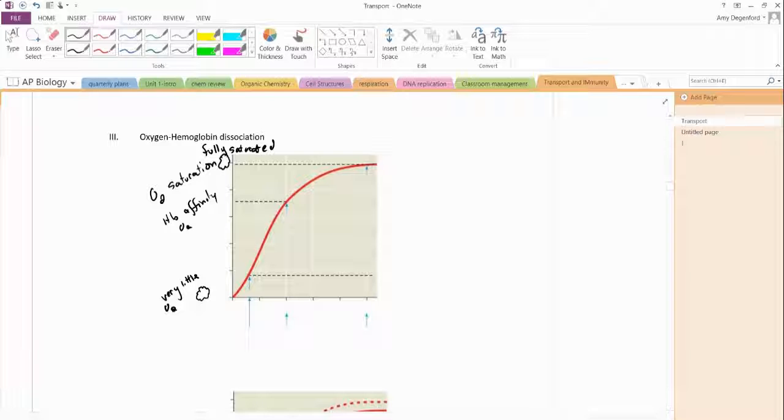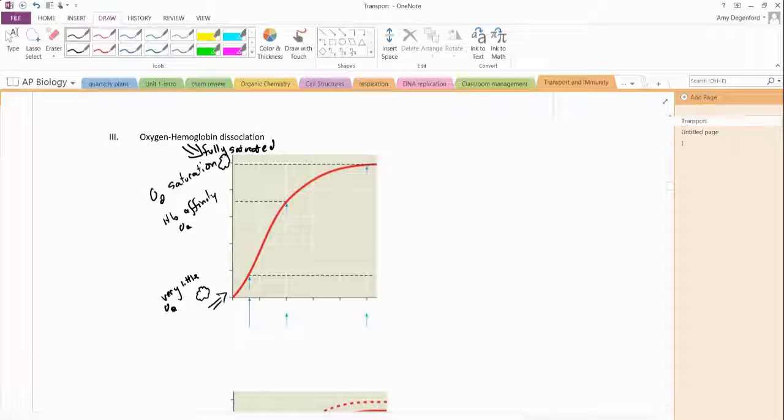Affinity means that we like something. So if we have a high affinity, then we're going to grab the oxygen. And so up here on the top of the y-axis, we're going to have a fully saturated hemoglobin because it has a high affinity. Down here at the bottom, we would have unsaturated hemoglobin because it has a very low